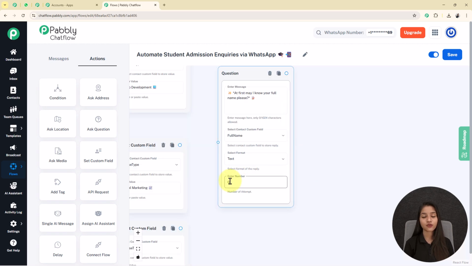Then the number of attempts. Number of attempts is defined as how many times your user can provide the answer to the question that you have written in this field. It also means that if your user does not provide the response in the correct format that we have selected, the text here, that is, if they don't send their name in text format, then you have to increase the number of attempts for them. But make sure that whenever you increase the number of attempts, you have to write the validation message in this enter message box. Here I am going to set the number of attempts as 0,